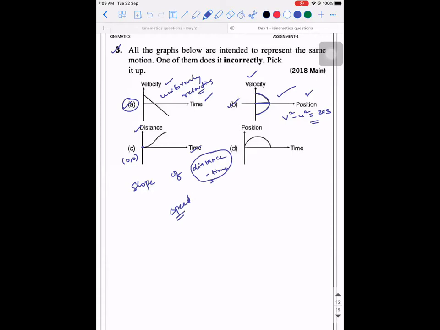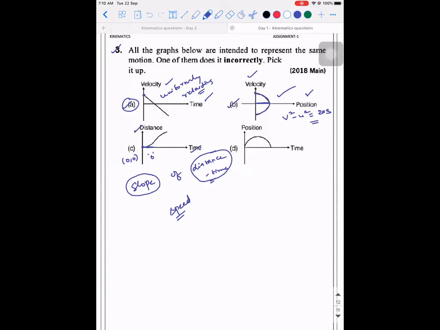Right? But slope is nothing but, according to differentiation, what is slope? Slope is nothing but you draw a tangent at that particular point and derive it. So if you calculate the initial slope of this, how much is it coming out? The initial slope is coming out as 0. Okay. But in all other cases, if you observe, what is the initial slope? What is the initial velocity? In all other cases, it is a non-zero value. So which graph represents wrong?